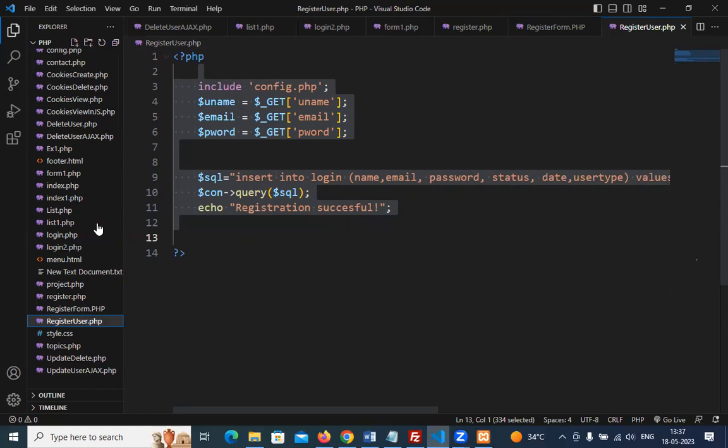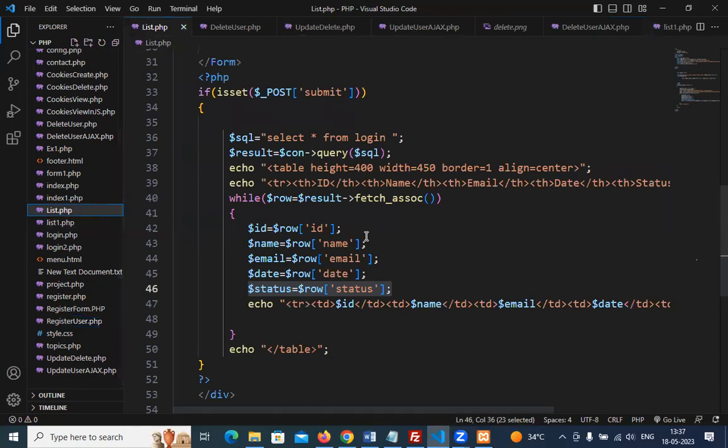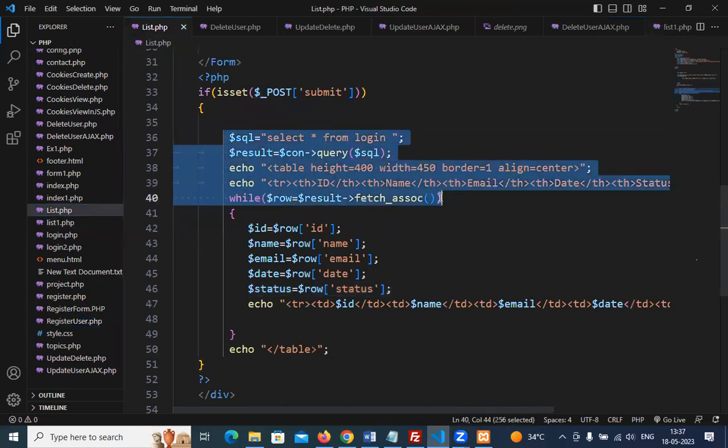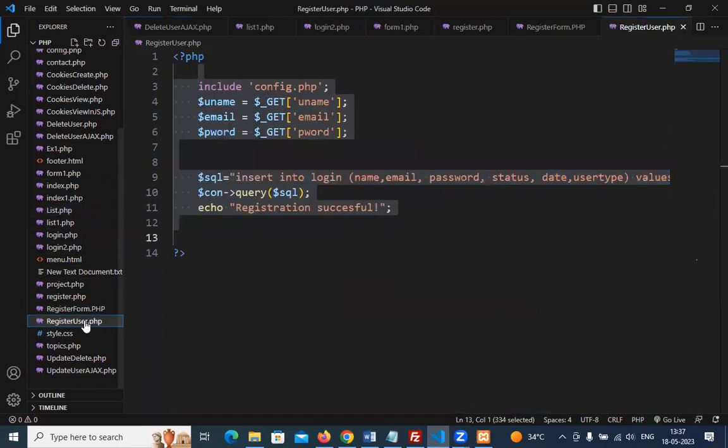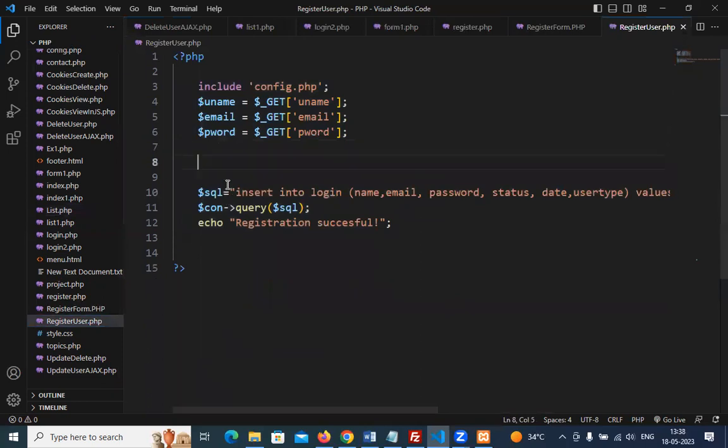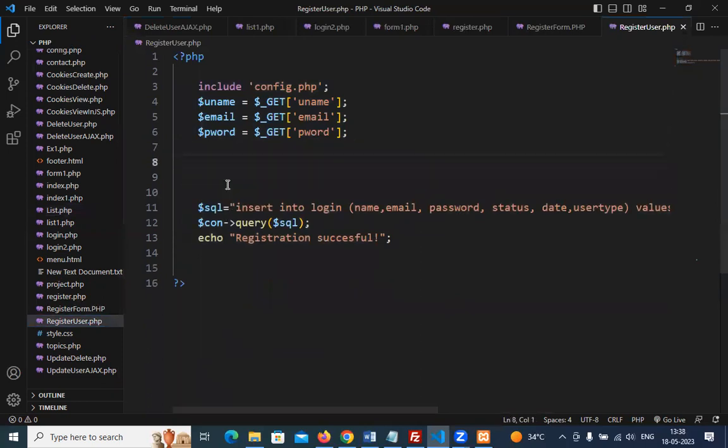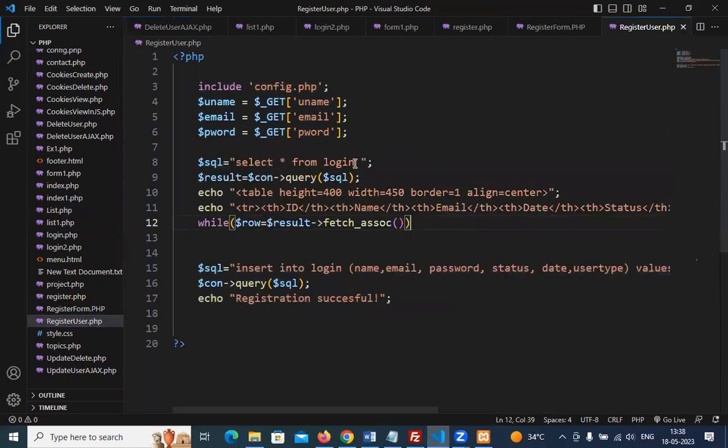So for that, you can see the select command that we usually use. There is a select command. I'll copy and paste it in registerUser here. Now, this part is to check: select asterisk from login where name is equal to dollar name,